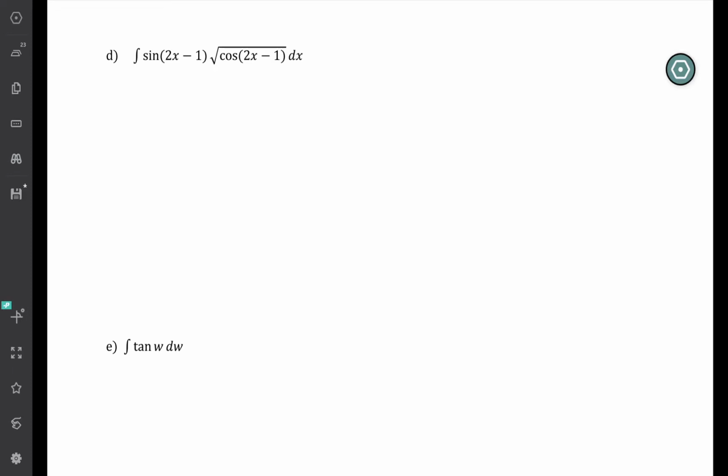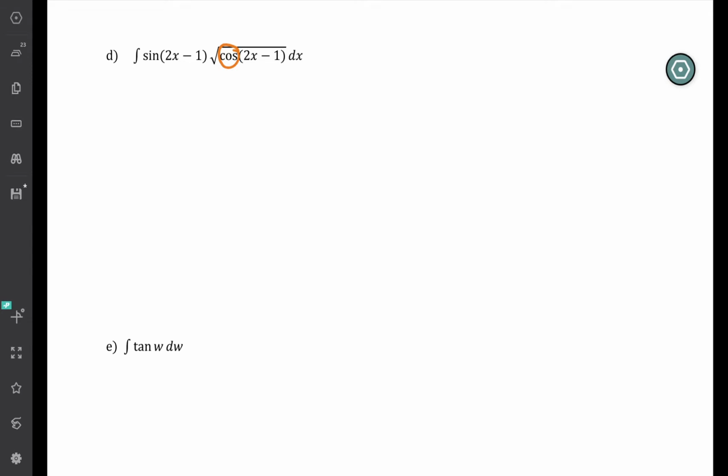On part D, this one I actually think, well, it's up to you. I think it's not so hard to spot some inner outer function stuff going on there. What's tricky about this is we actually have kind of a double composition going on. So immediately what jumps out to me is that I see this cosine function stuck inside of a square root,